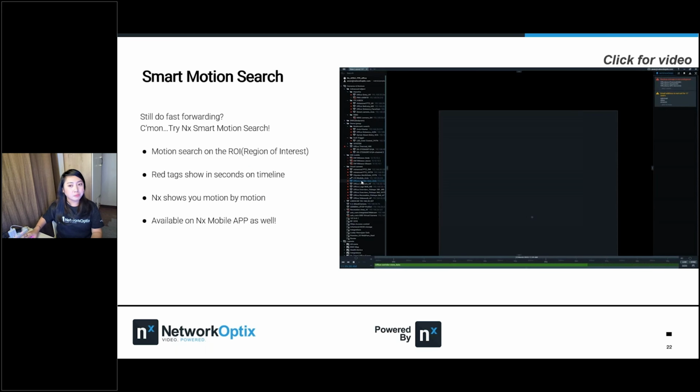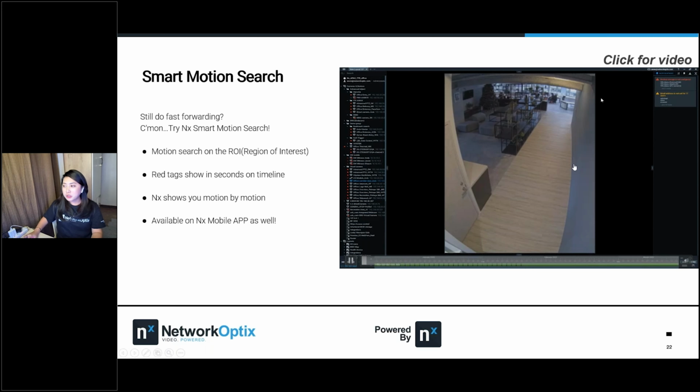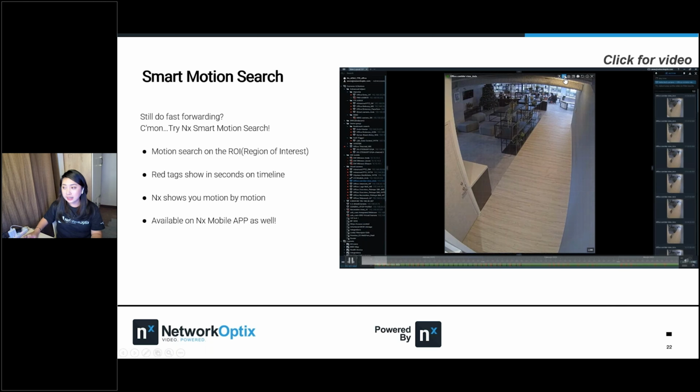So this is the smart motion search. For smart motion, we have an icon at the top of your camera. You click the smart motion icon, and then you draw the area where you want to see motions. So you can see Sham, our base sales, going in and then going out to the toilet.